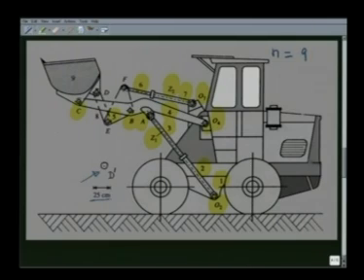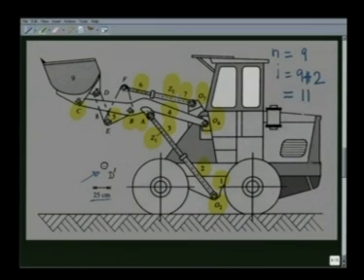Now, let me count the revolute pairs and prismatic pairs, that is J, the number of joints. What do we see? We have 1, 2, 3, 4, 5, 6, 7, 8, 9 revolute pairs plus 2 prismatic pairs, that is at these 2 hydraulic actuators. So, total J is 9 plus 2, that is